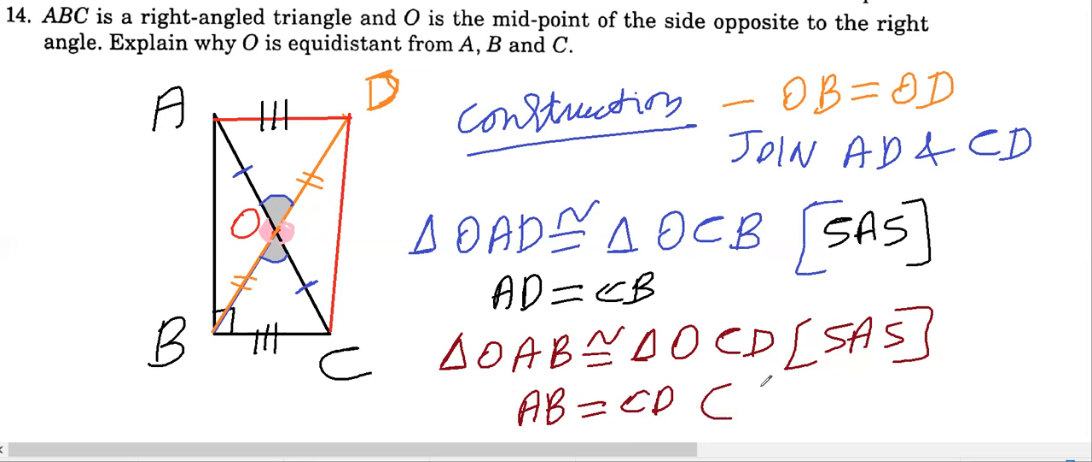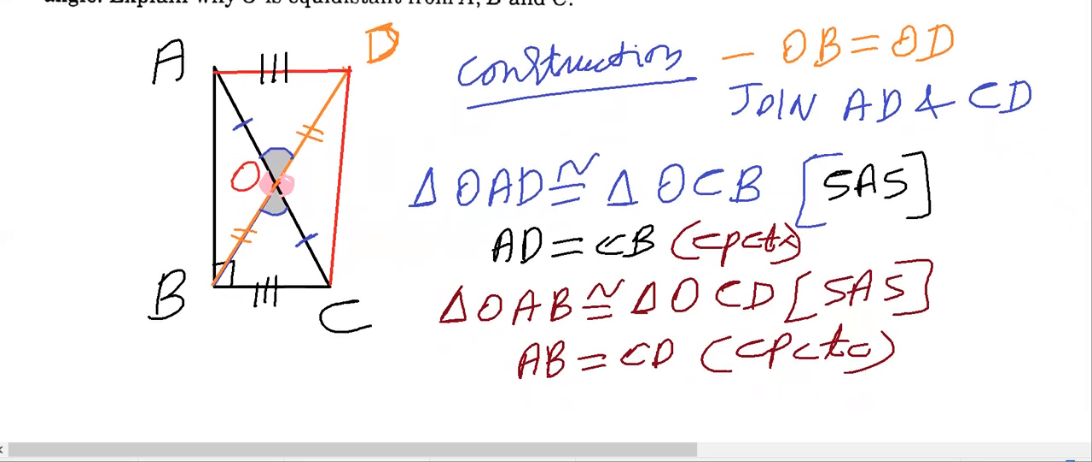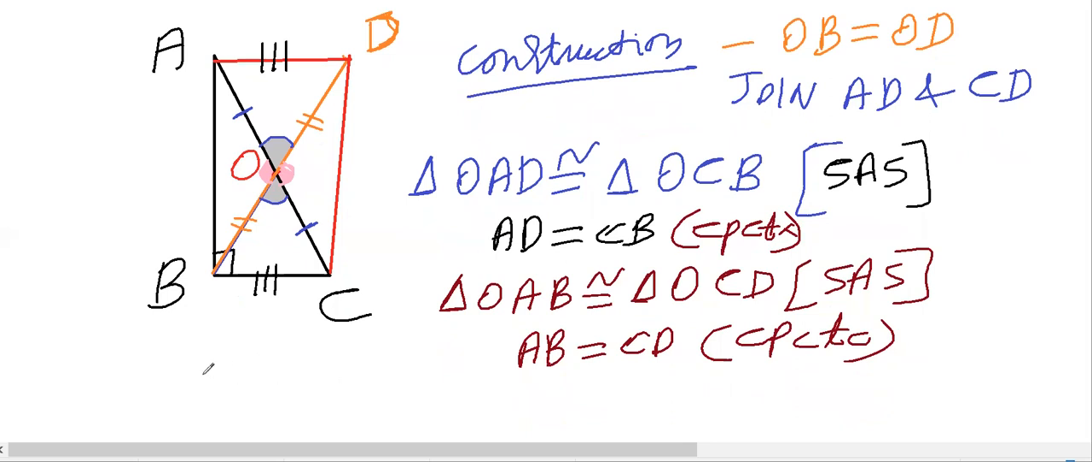What reason will I give? Corresponding parts of congruent triangles are congruent. Similarly, here also I will give the reason: corresponding parts of congruent triangles are congruent. Understood this much? Okay. Yes, sir. Understood. Okay, next what I can say, I can say that this particular quadrilateral